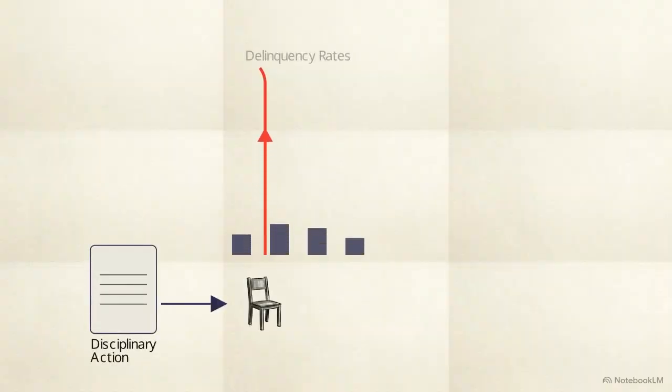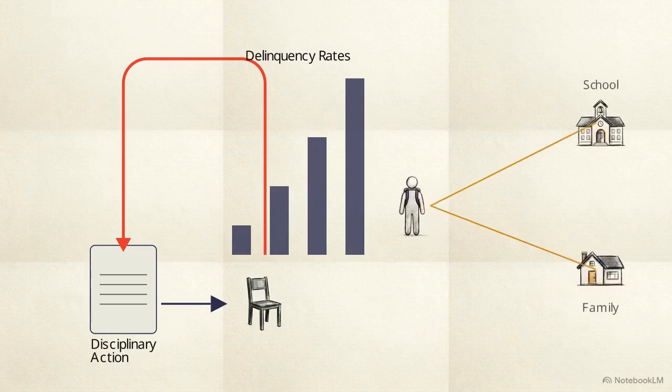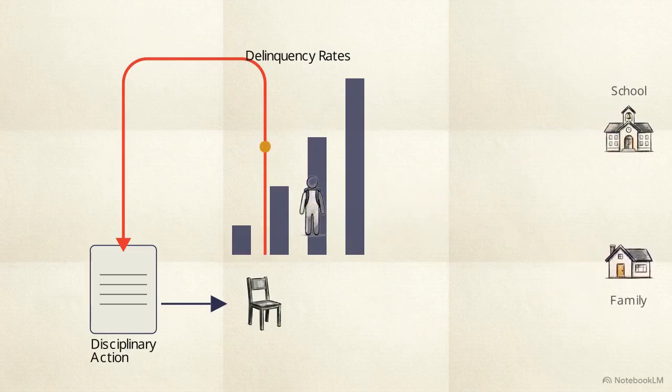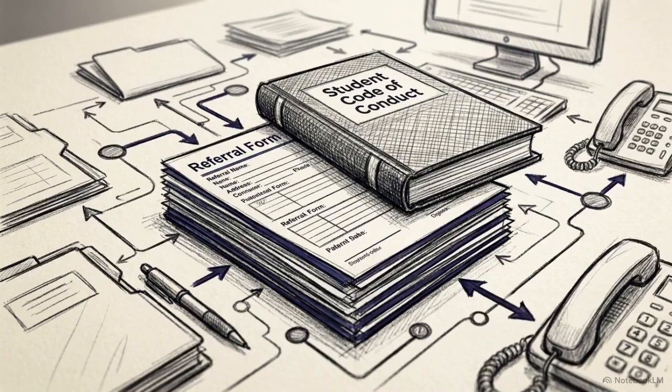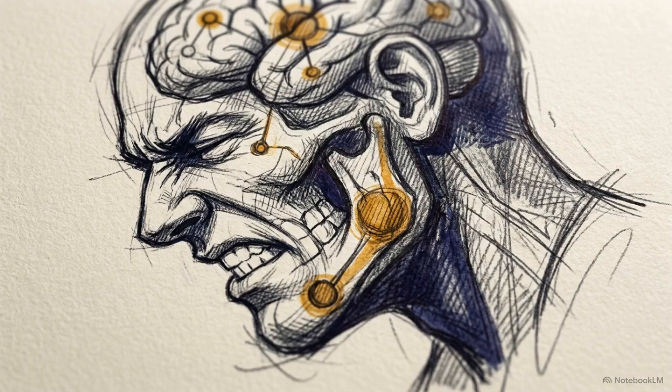On this outcome flowchart, punitive models and scared straight programs actually increase delinquency rates. This feedback loop is driven by isolation. Exclusion disconnects the student from stabilizing social structures, leading right back to the behaviors triggering the punishment. While administrators use punishment as a deterrent, the clinical record shows that for students with conduct disorder, these measures correlate with an acceleration of symptoms. When exclusionary punishment is applied to a clinical diagnostic pattern, the data suggests the behavior is more likely to intensify